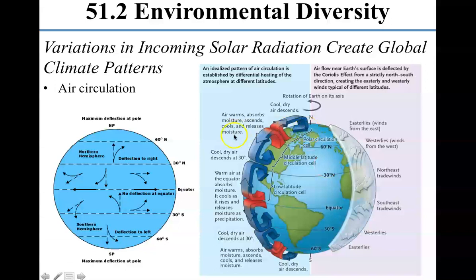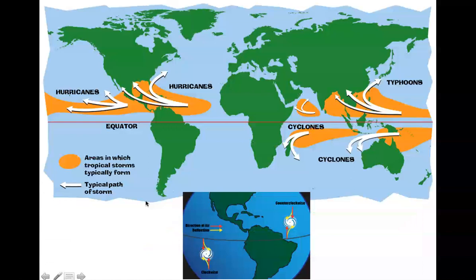But the result is that these air masses, because of the rotation of the Earth, get shifted right or left. And so you can see that in the northern hemisphere, it tends to get shifted to the right. Where we might expect the air to move due north, it may begin moving due north, but because of the rotation of the Earth, it gets deflected to the right. If it's moving due south, it gets deflected to the right. If it's moving due east, it gets deflected to the right. In the southern hemisphere, it's the opposite. So when it's moving north, it gets deflected left. If it's moving south, it gets deflected left. If it's moving east, it gets deflected left. Right? And that is why